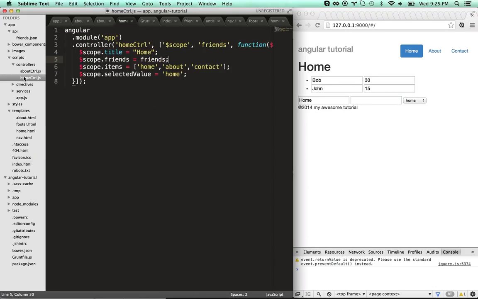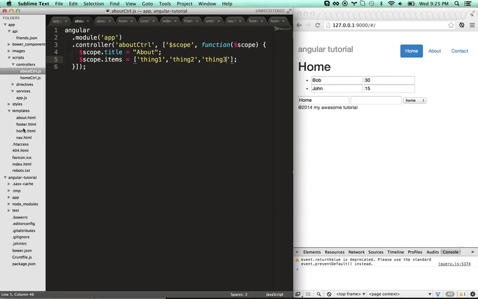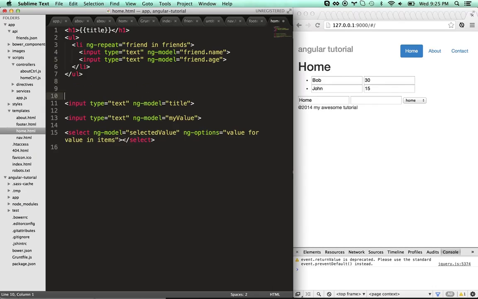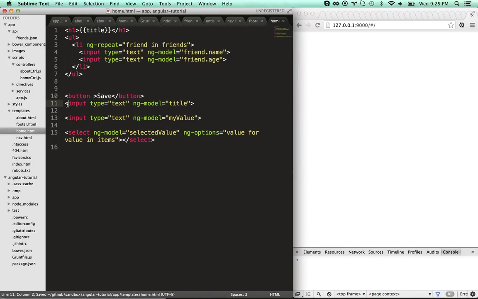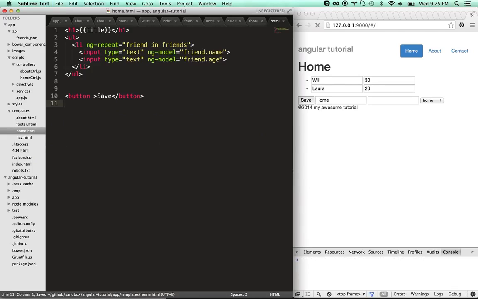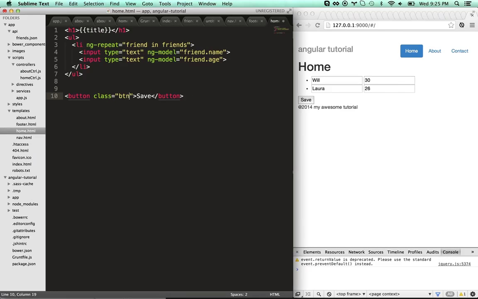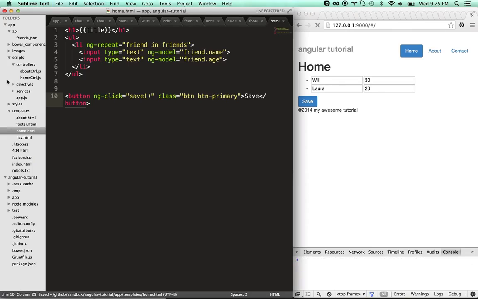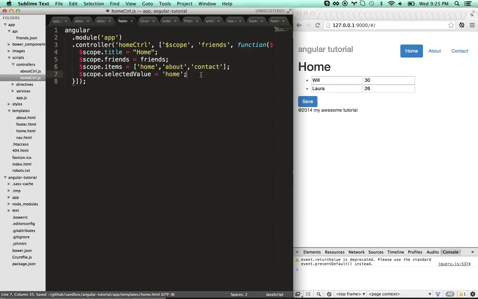And so let's do another thing. Let's make a scope method. Let's make a save button. Clean this up a little bit. Let's make this all nice and bootstrap looking. Looks a little nicer. And so what we're just going to do is an ng-click, which we can now give it a method, save. ng-click save. And so if I go to this home control, I can now go